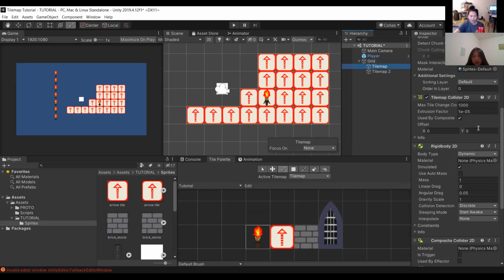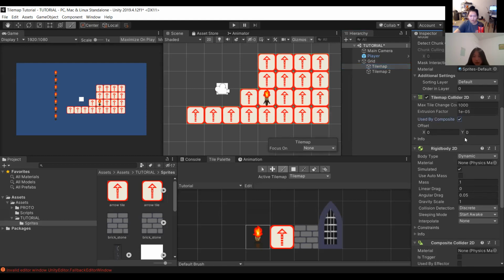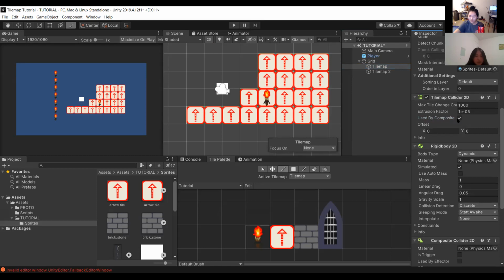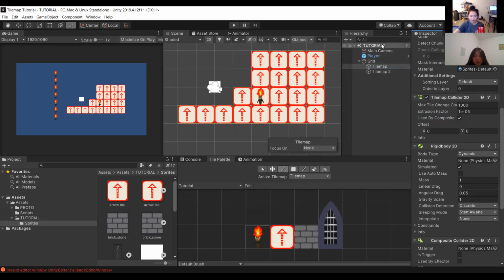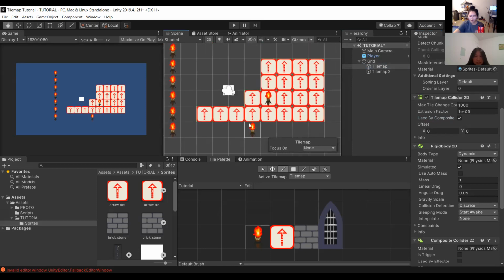Then go to your Tilemap Collider and make sure the Used By Composite checkbox is checked. You'll know it worked if the green box that symbolizes a collider is now around your entire shape instead of each individual small tile.